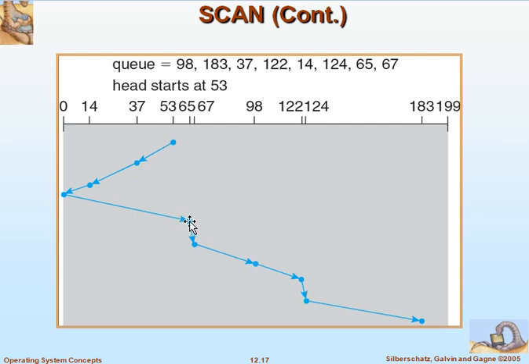There are none until 65. It will serve 65, then 67, then 98, then 122, 124, 183, and it will go to the other end. If there are any other requests, it will keep on repeating this. This is called the SCAN algorithm.